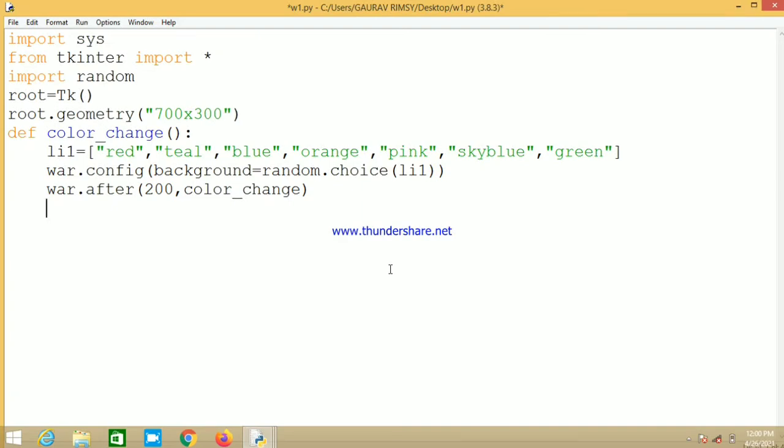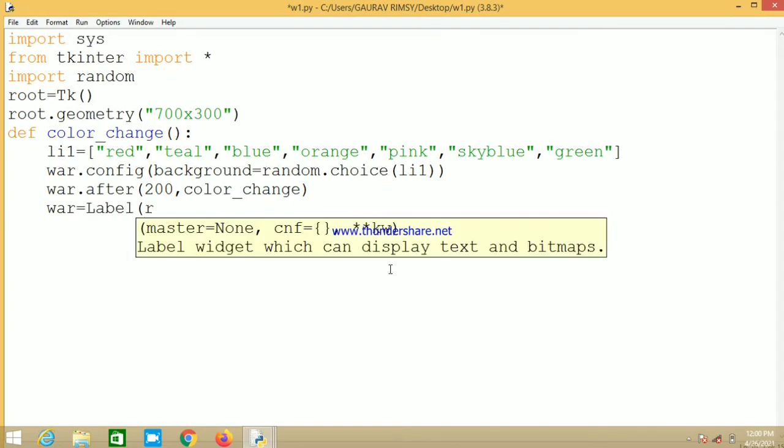And then we are going to define over here that basically what is var equal to Label. root. We are defining that variable in main root window, root, text equal to, and we are defining what text we want. Text is virus warning.